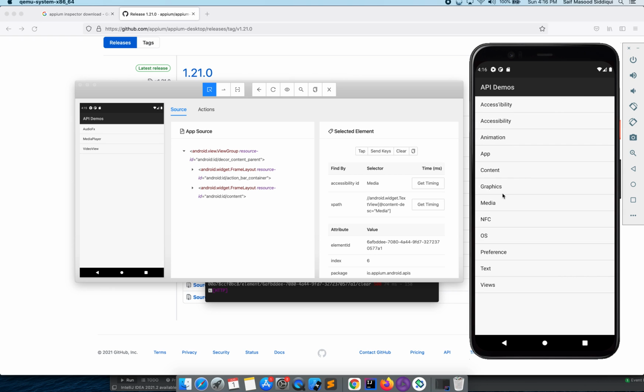So let me find if I can perform send keys anywhere.